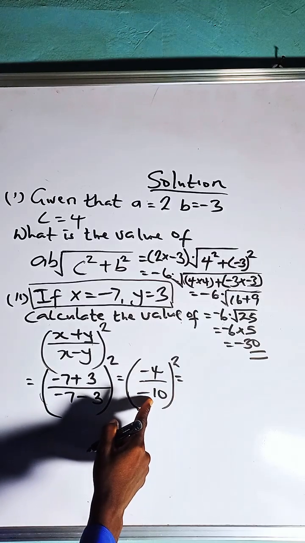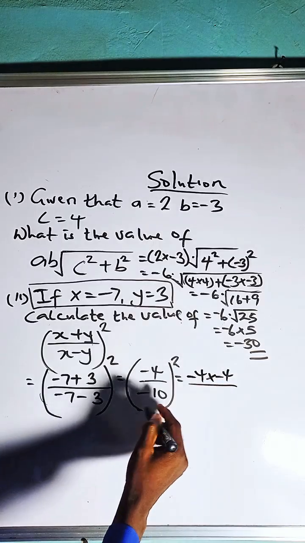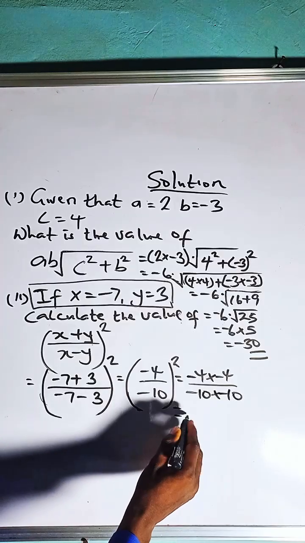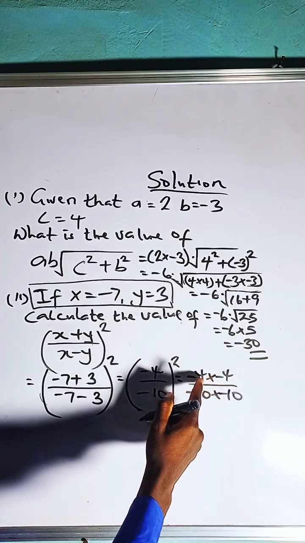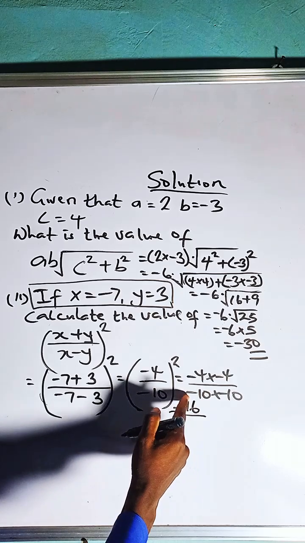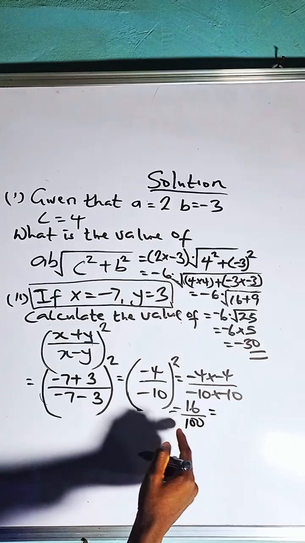So we have -4 times -4 over -10 times -10. Minus times minus is plus, and 4 times 4 is 16. For the denominator, 10 times 10 is 100. So we have it as